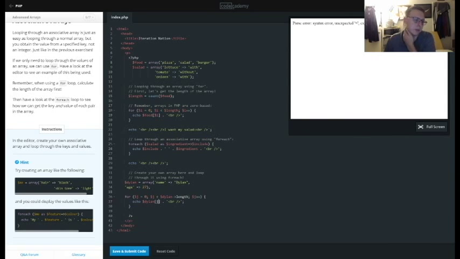Actually, that won't work because we're iterating through the index. We're using an associative array. And we need to use a for each, like this one. Okay, so my mistake. I was treating it like a regular array. So we need to use a for each, and then